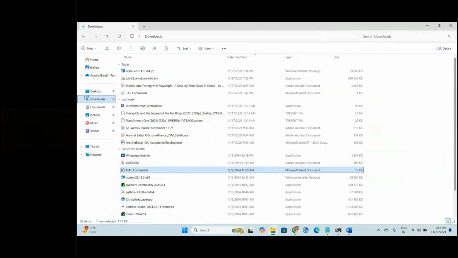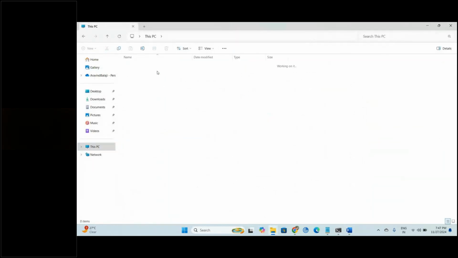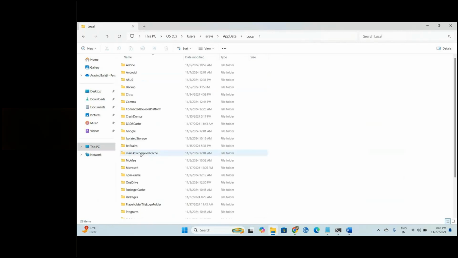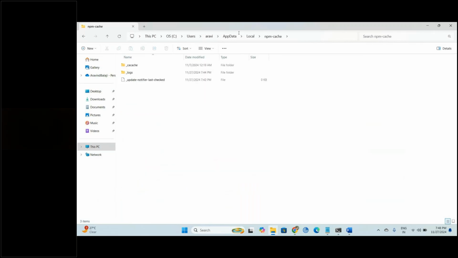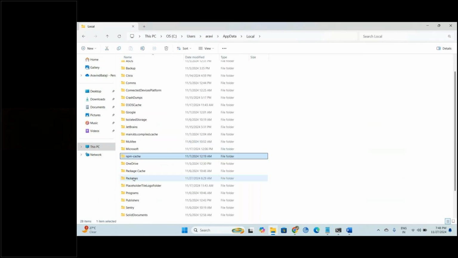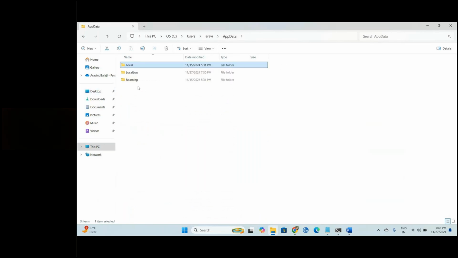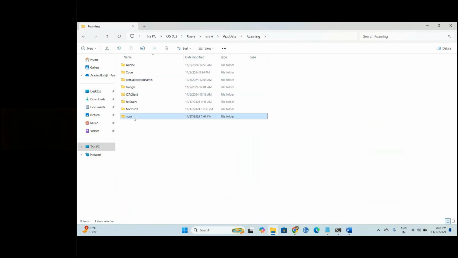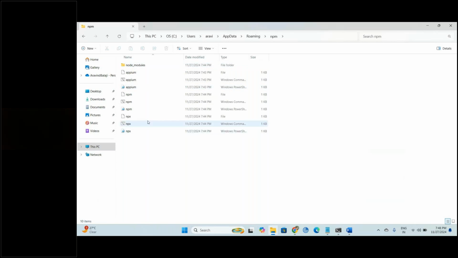Okay, so then what you can do is go to C, Users, your user name, AppData, Local, sorry, AppData, Roaming, go to npm, and check whether these files are available, APM, in this path. If it is available, then it should be fine. If not,